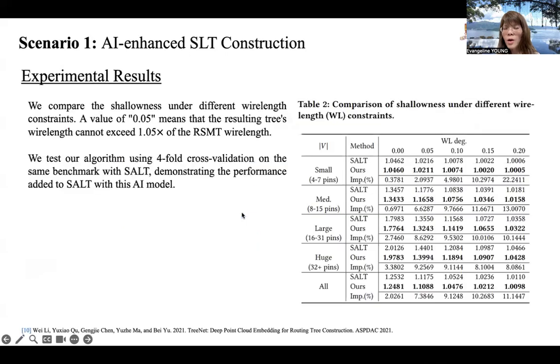Okay, so by doing that, here is the result showing how much we can improve over SORT. On this side, you can see we use different data sets from small to huge to large, and then this is different alpha, and this is the beta. The smaller the beta, the better, and you can see that for all the scenarios, the AI approach can improve over SORT.